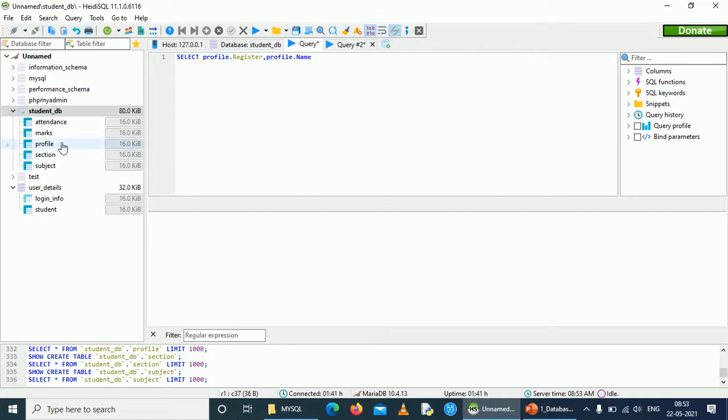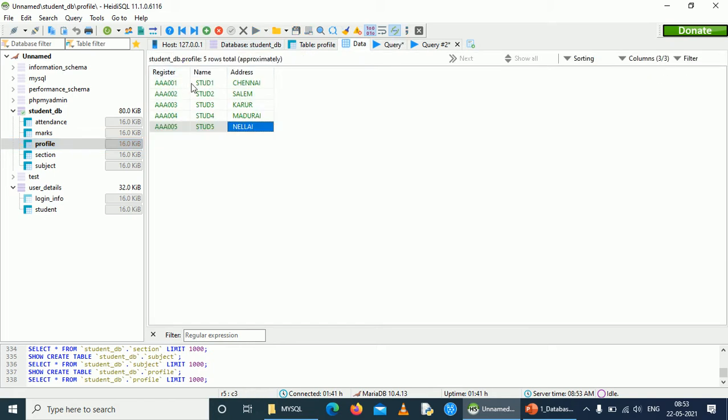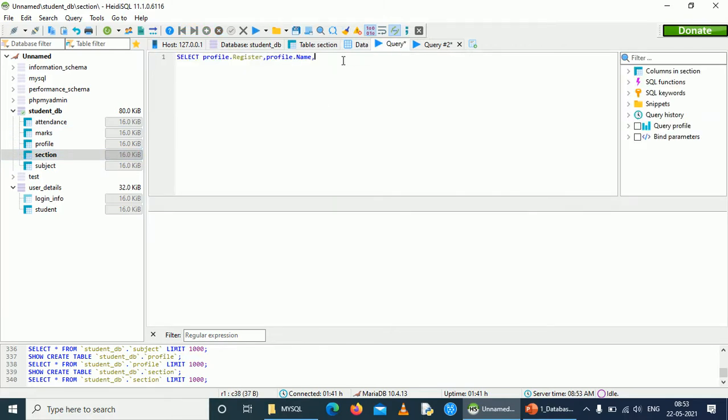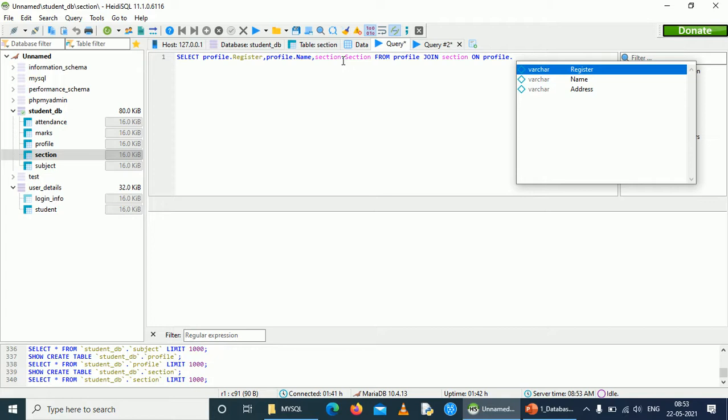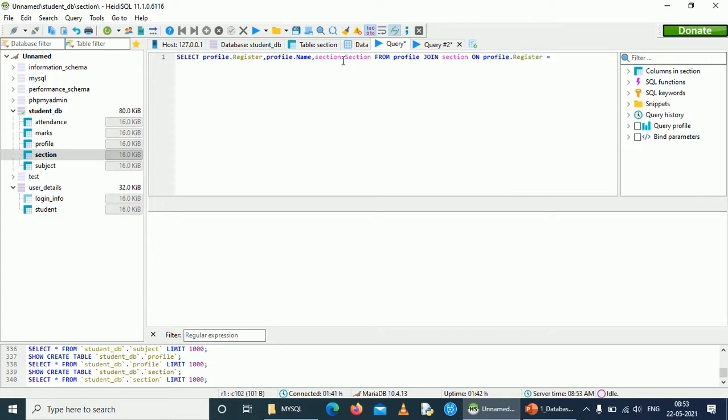In this profile table we are going to take just the first two columns, and then in the section table we are going to take the section column, section.section name from profile join section on profile.register equal to section.register.